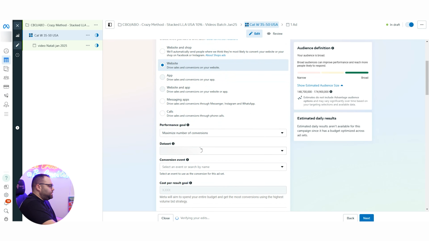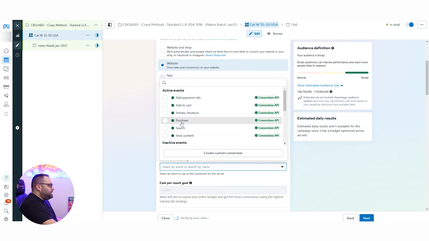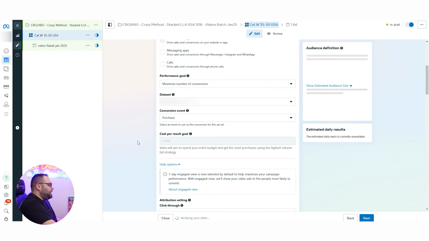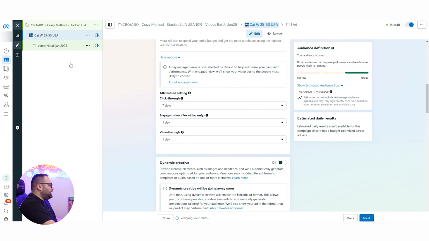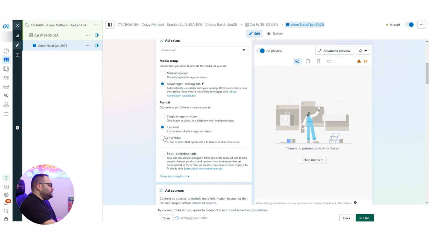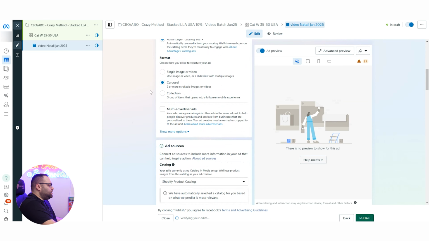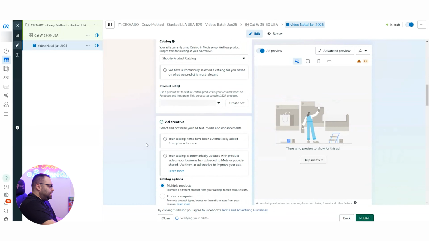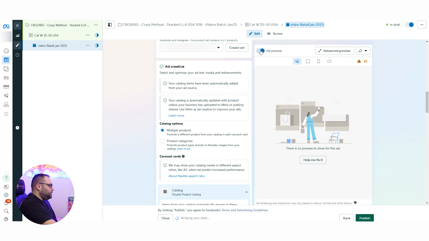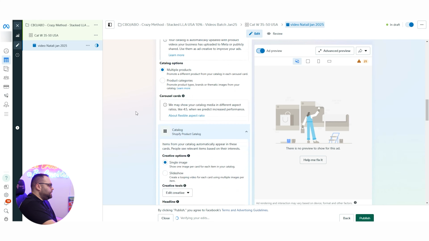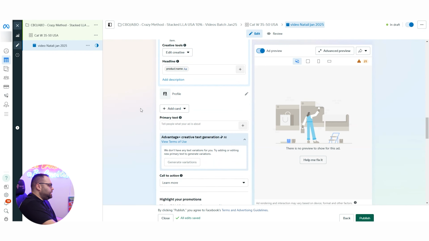So I would use website, my pixel, I would use the purchase event. Again, I will have to do all of these settings and check everything. Then come here, use again the catalog, carousel. I can do also with the catalog a single image if I want. Let's close this one and turn it on. Okay, single image,